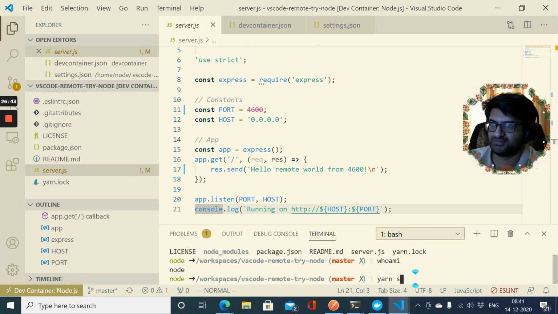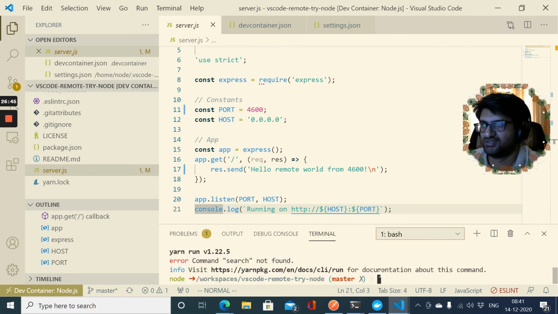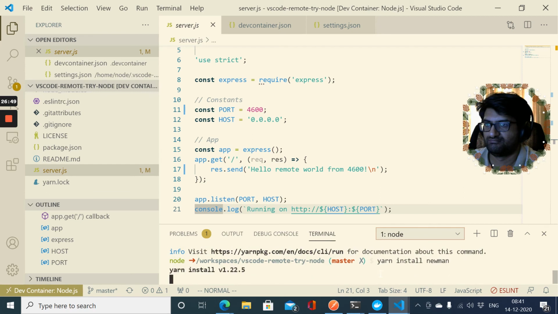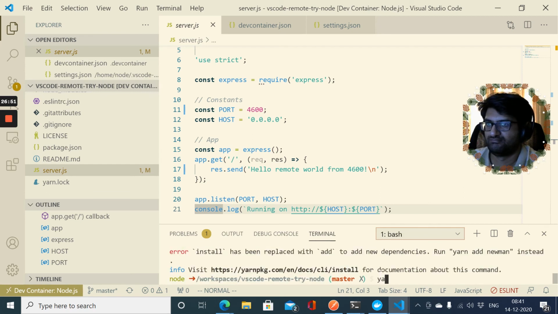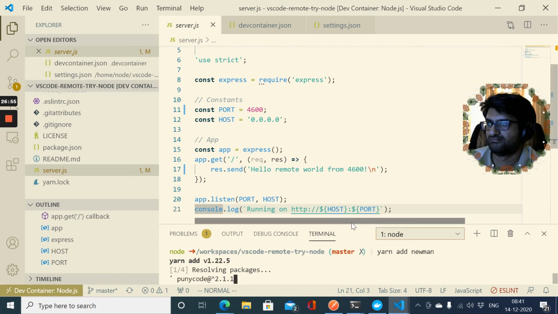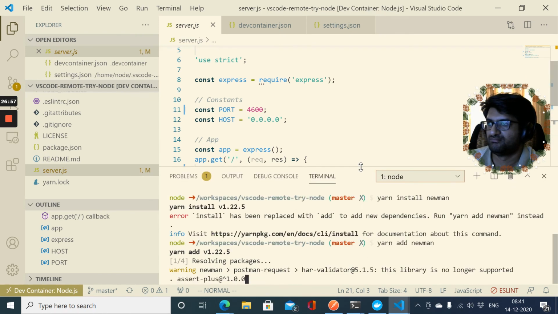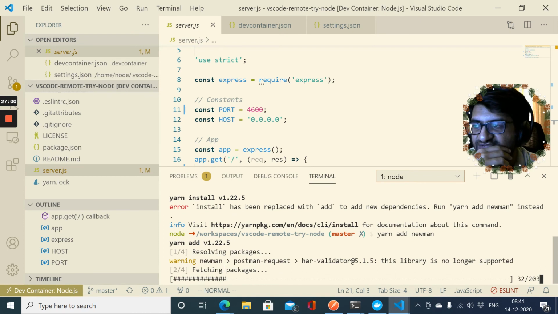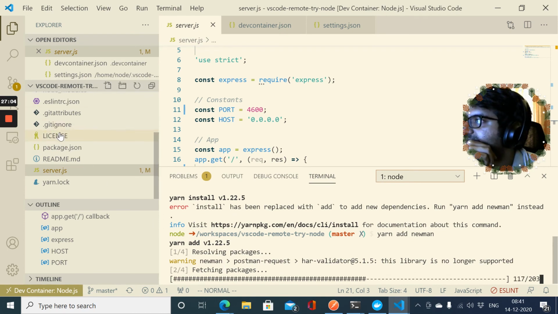So I'm just installing the CLI for Postman, which is called Newman.